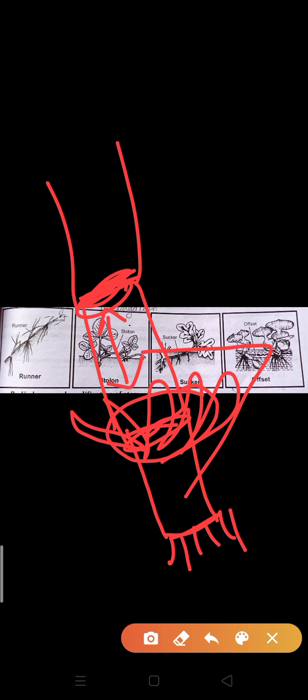Okay, you can just observe this thing in maize, in sugar cane also. You can observe where the node part is and where the internode part is. Maybe in your previous classes you have read about this thing. But if you don't know, you can observe it in your surroundings also.